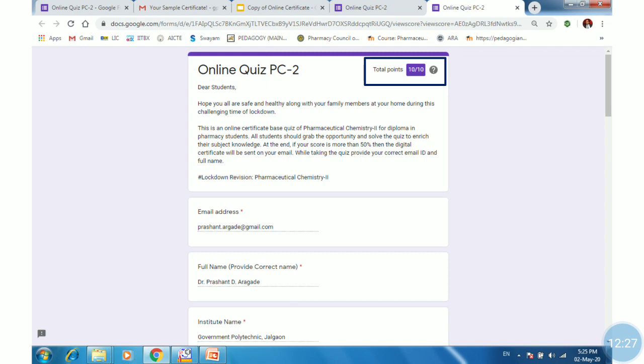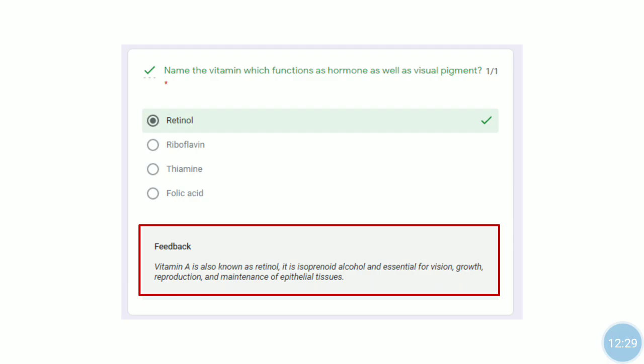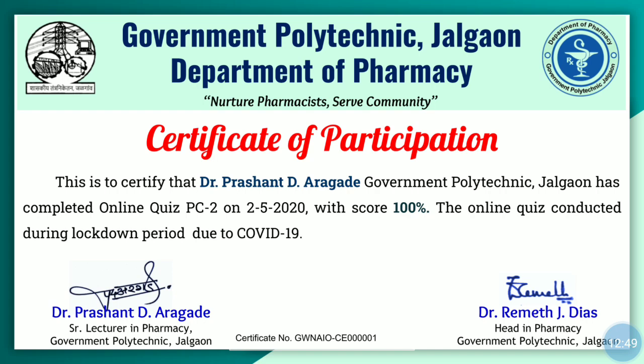So students will get scores, that is total points, along with the feedback of each answer, whether it is correct or incorrect. It is very important in order to improve the understanding of students. So always remember, you have to provide feedback for correct as well as incorrect answers. So this is the certificate which is obtained in the mail of the student. It has the name of the exam taker or student along with the other identifier, that is institute name, date, title of quiz and score.